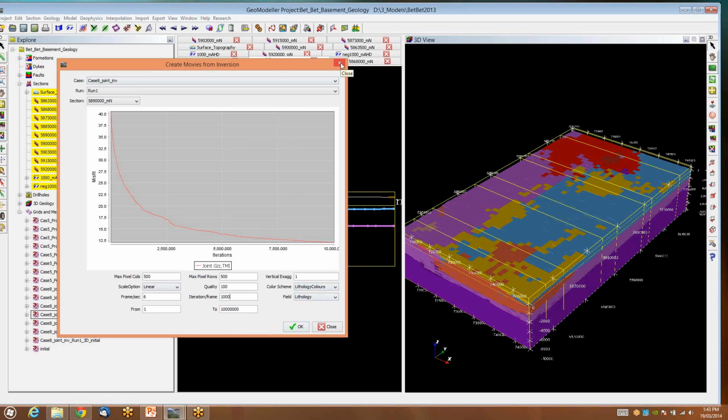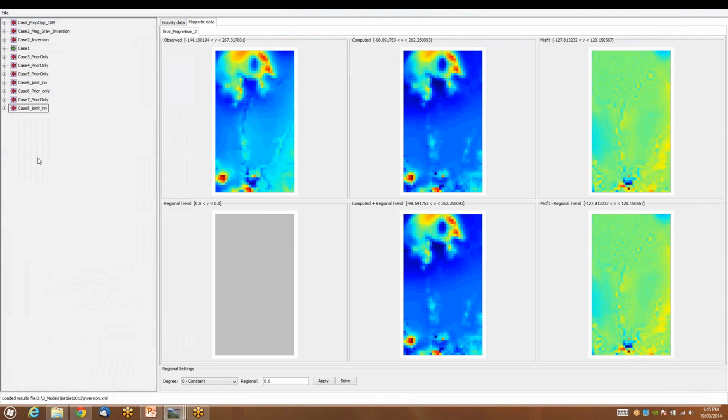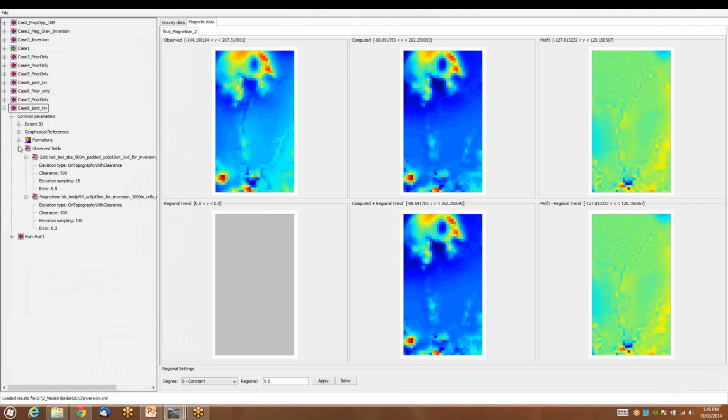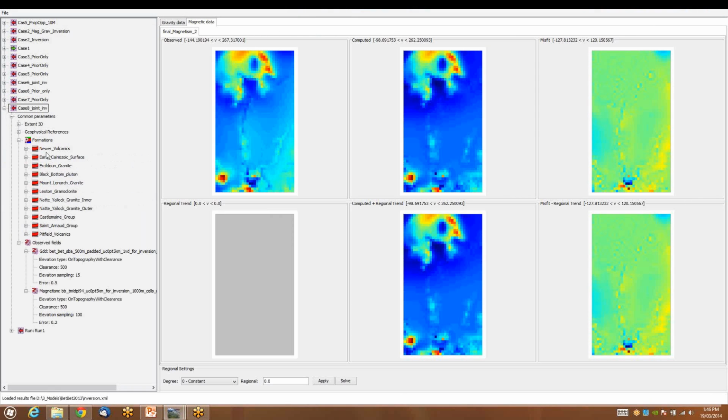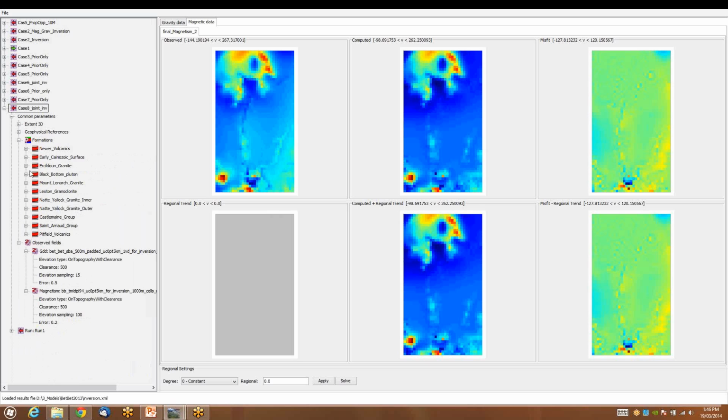Another thing I'd like to say is that all the results are in the Results Explorer. So if you did go to that page, everything is stored on the left-hand side. For our Case 8, if you expand this area, you get to see a lot of information, right down to physical properties, densities, susceptibilities per unit. You can see things about the observed grids, the clearance, the sampling